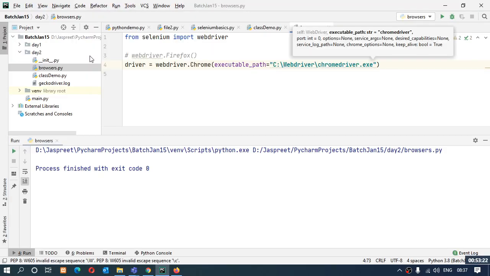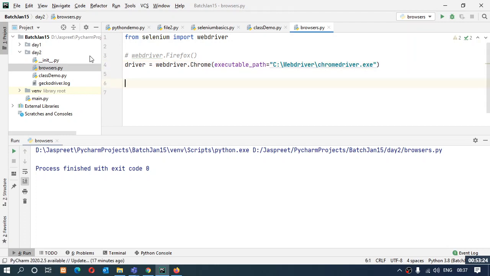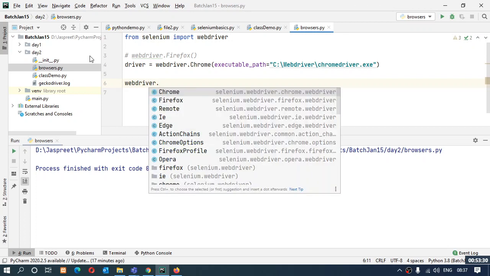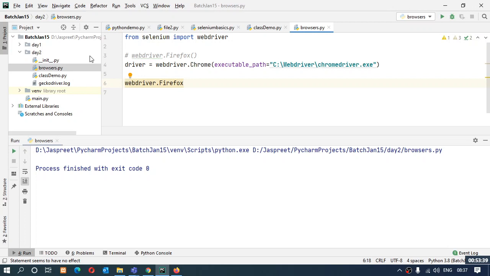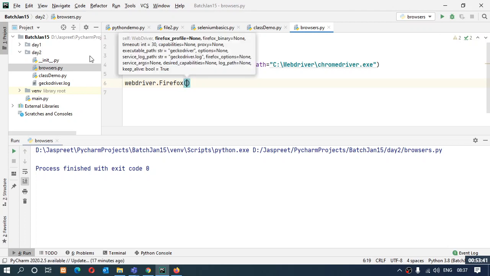So I'll do the same thing and I'll say, right now I'm just using this WebDriver directly. We'll make the object when we have to open the URLs at that time. But right now let this be Firefox. Again the same thing you have to do.